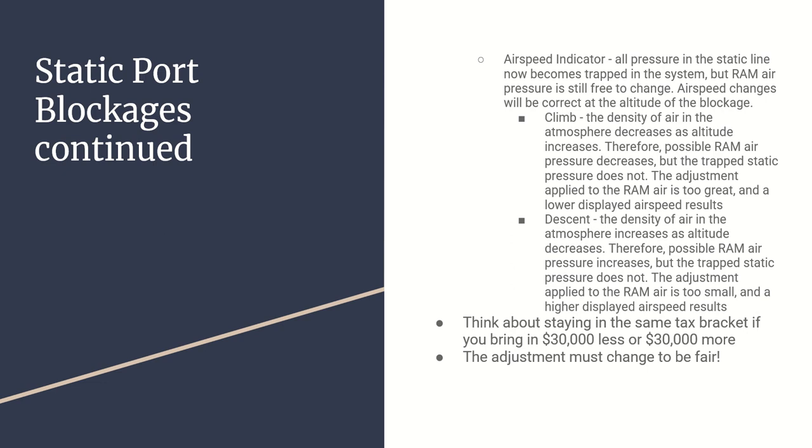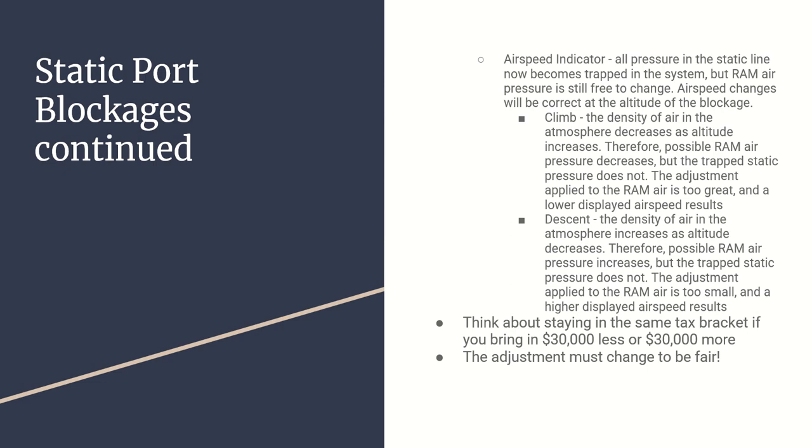So what will happen is the ram air pressure will increase, but the ambient pressure will not, and that leads us to have a dynamic pressure that's a little too high to reflect an accurate airspeed, okay? And this all, again, assumes that we haven't changed our airspeed at all. If we pull back the appropriate amount of power to maintain our airspeed in the descent, that's what's going to happen, right? Even if you